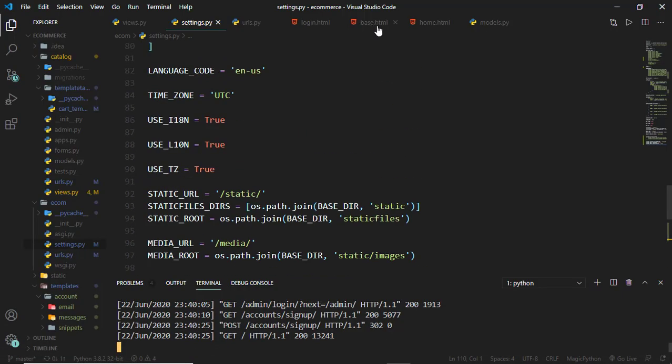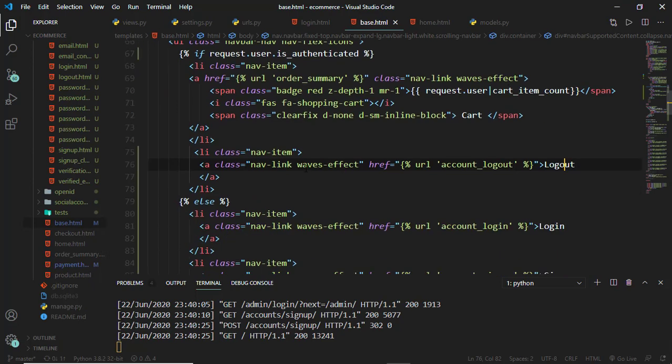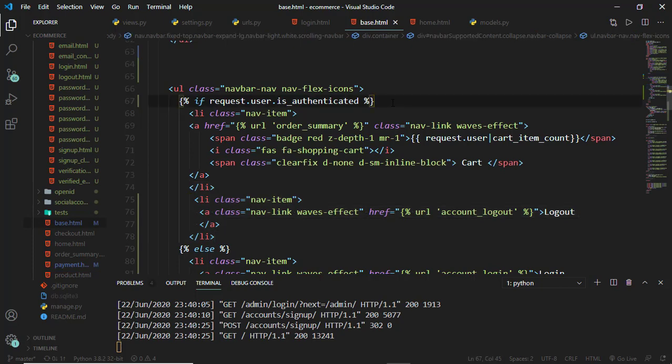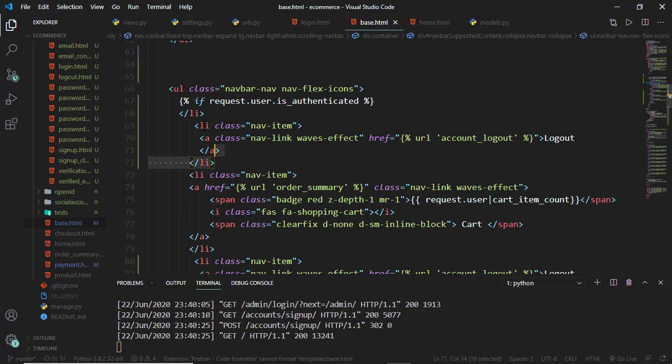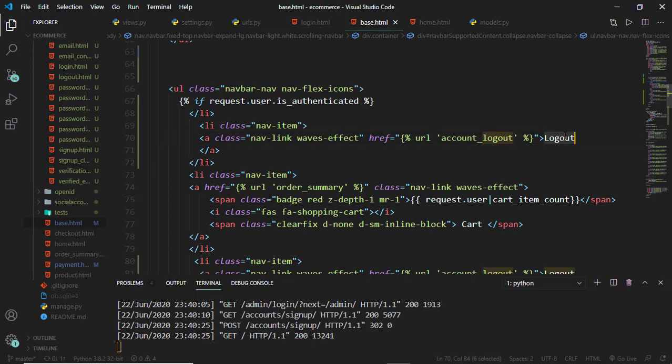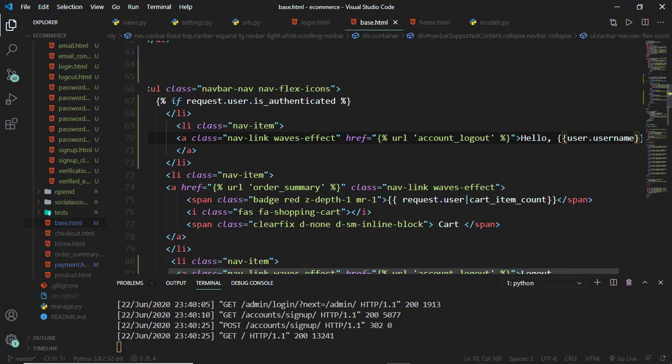So as a last touch, we can display the name of the user which is logged in. So we can copy that, and if we authenticated, then we might want to display the name of the user. So this should be, let's say, hello, and this is our user.username, and we can pass in request.user.username just to be safe, and we can leave that as just a pound sign, and this will be a